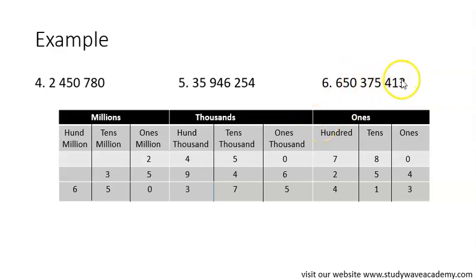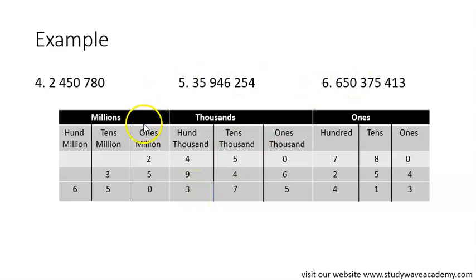So we start with 3. 3 goes in the ones column in the ones, 1 in the ones column in the tens, 4 in the ones column in 100, 5 in the 1000 column in ones 1000, 7 in the 1000 column in tens thousand, 3 in the 1000 column in the 100,000,